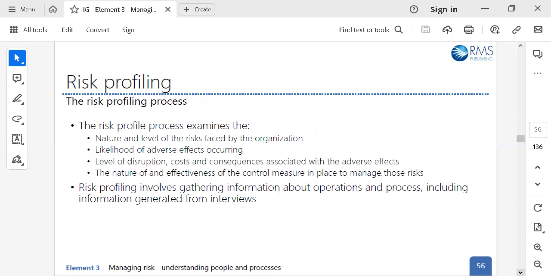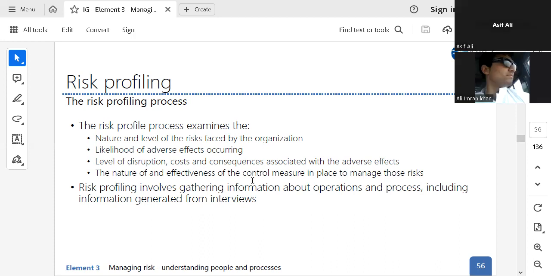Okay, so next, the risk profiling process. What is the risk profiling process? The risk profiling process examines the nature and level of the risk faced by the organization, then the likelihood of adverse effects occurring from that risk. After that, the level of disruption, the business cost and consequences associated with the adverse effects. Then the nature,